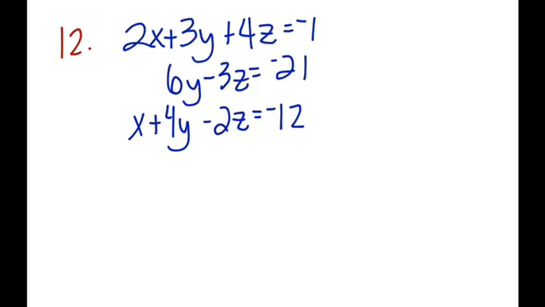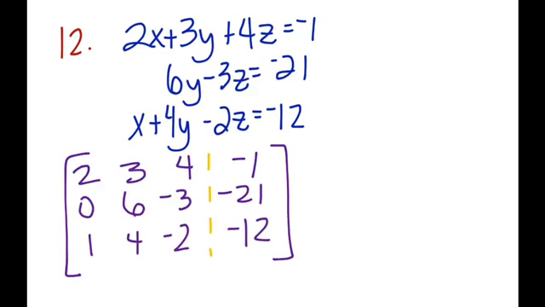We're going to use our calculator. So the first thing we're going to do is enter it as an augmented matrix. Because I have 3 variables, I'm going to have a 3 by 4 matrix, because I've got 1, 2, 3, 4 columns, and so I have to enter all of it. So I'm going to go a 3 by 4 matrix, and we're going to call it matrix A,